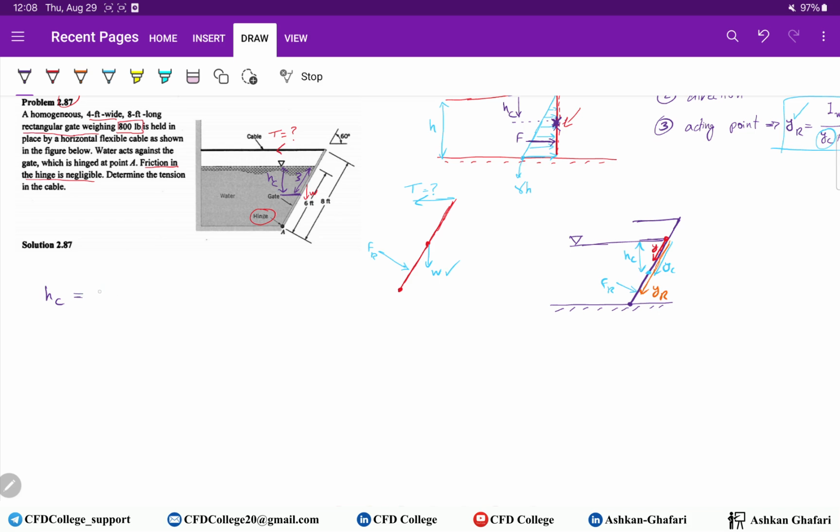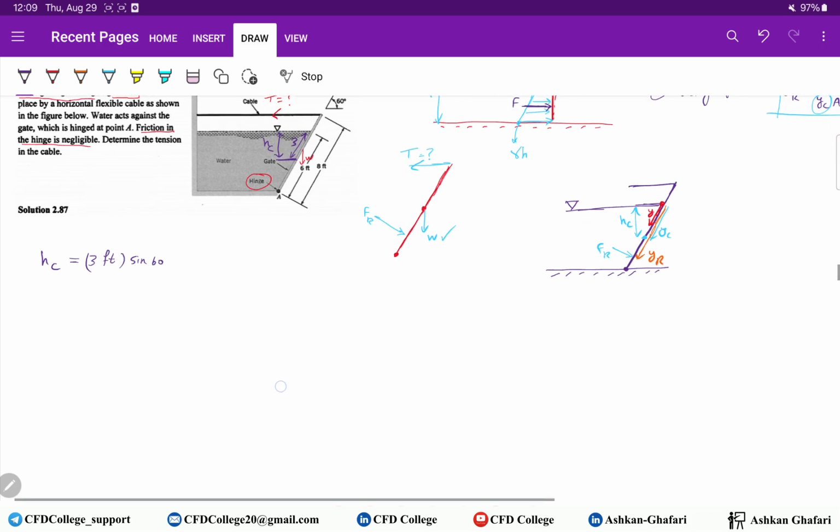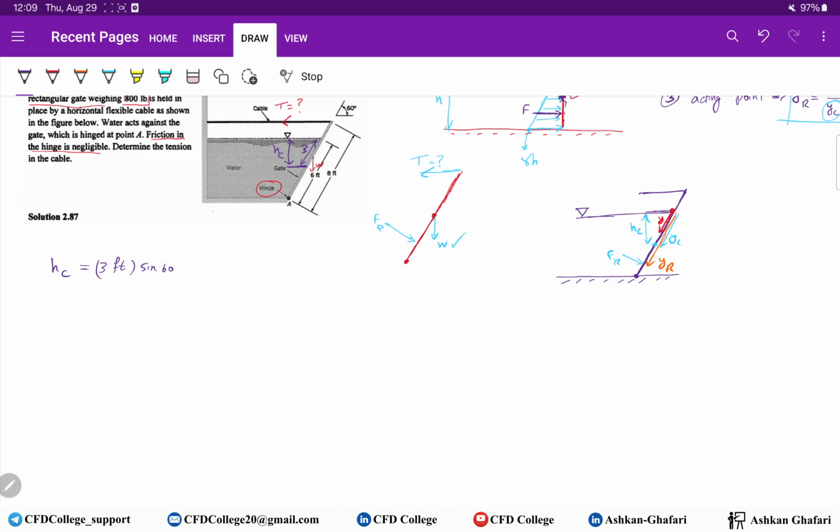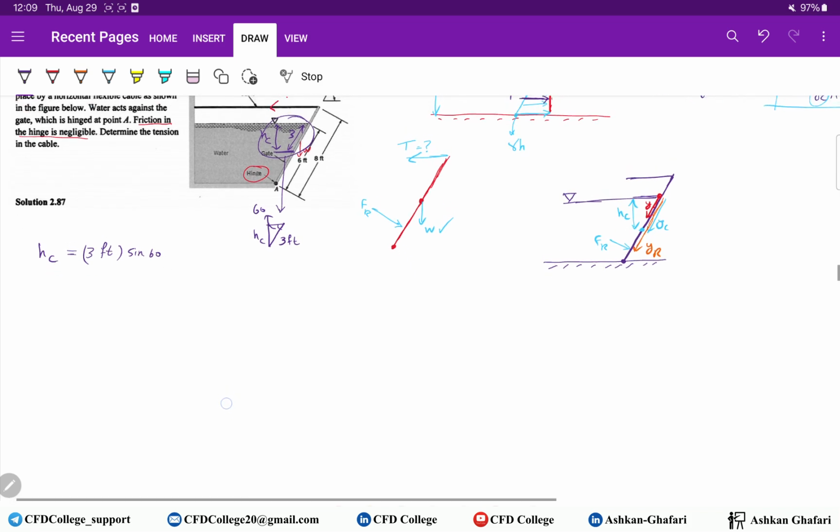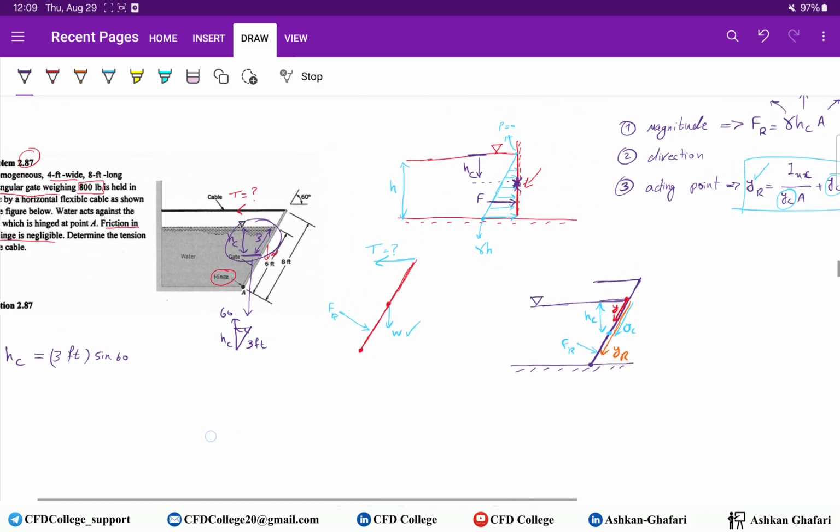HC equals 3 feet times sine of 60. If you see this, here is HC, here is 3 feet, and this angle is 60 degrees. So HC equals 3 feet sine of 60. This is HC. And as I told you,